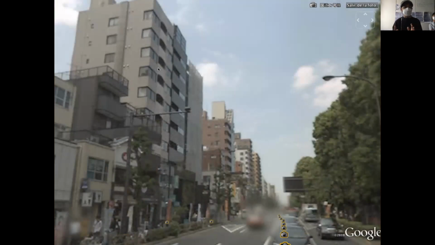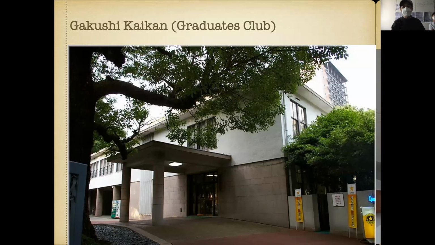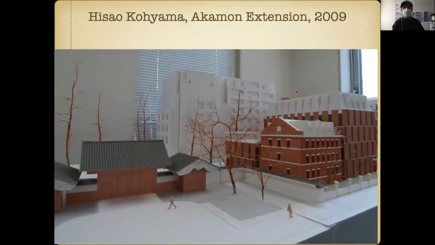We should have better photos than this, but they had something they call the pencil towers because they were really thin and tall. This was the Graduates Club, a nice building, probably 1940s, 50s, which was demolished to make an expansion for the old, well, this is the Red Gate, and this is all the storage, right? So in Japan, since everything was in timber, they had the habit of having very strong brick buildings, fireproof, to keep important documents and treasures. This was the one for the university.